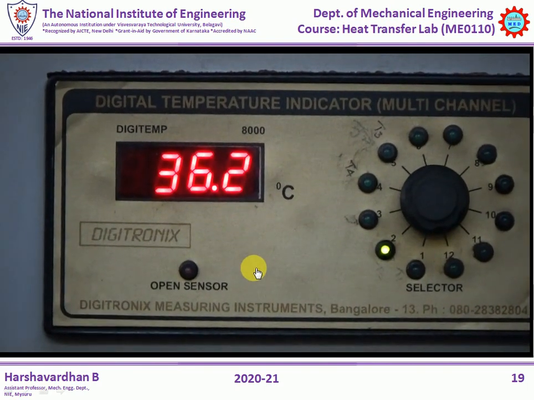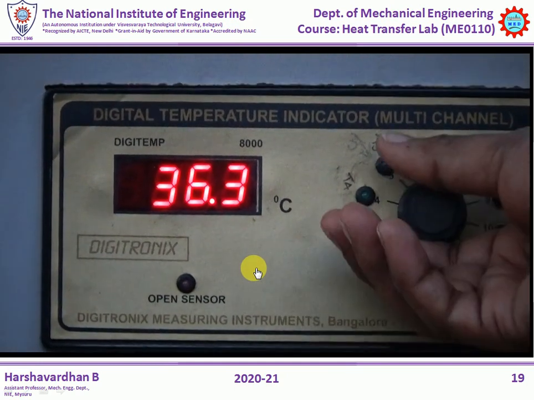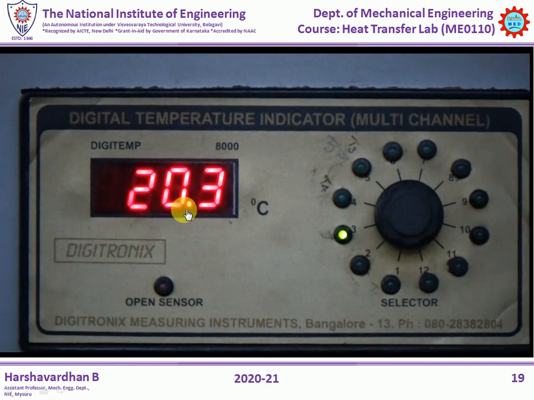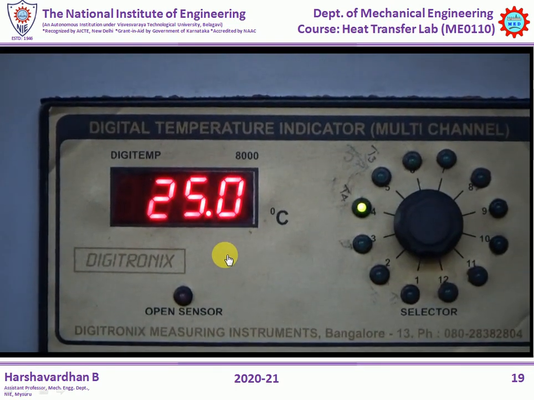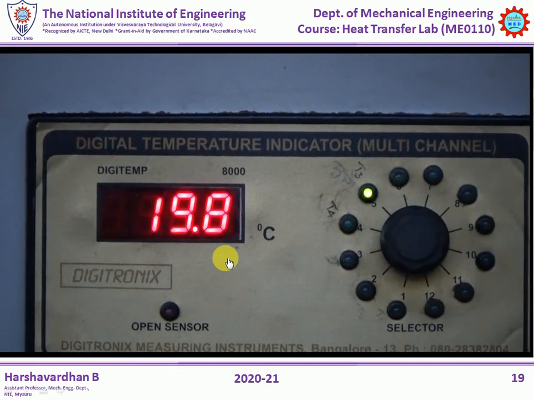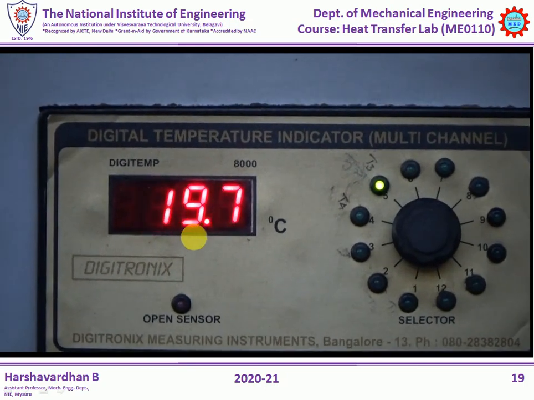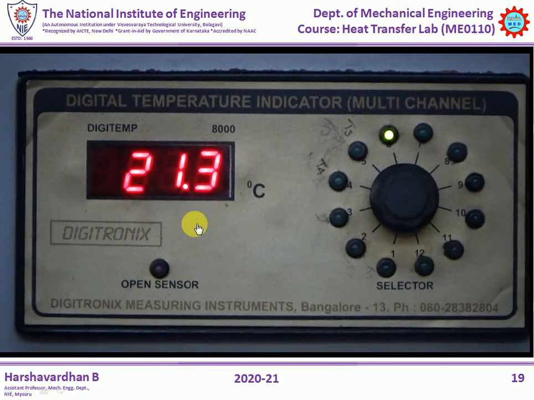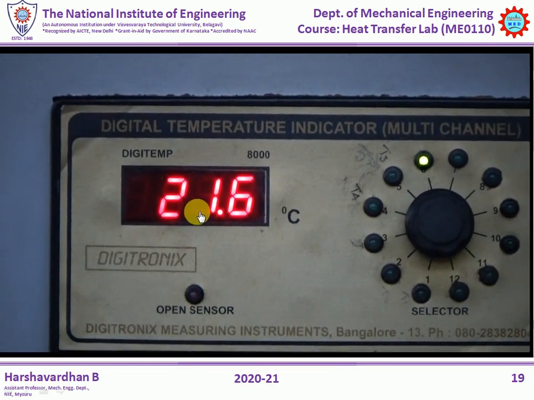Thermocouple 2 is showing a steady state temperature of 36.2 degrees centigrade. Thermocouple 3 is showing a temperature of 20.2 degrees centigrade. Thermocouple number 4 is showing a temperature of 24.8 degrees centigrade, while thermocouple 5 temperature is slightly varying between 19.7 and 20. We are going to take it as 19.8, and thermocouple 6 is showing a temperature of 21.6